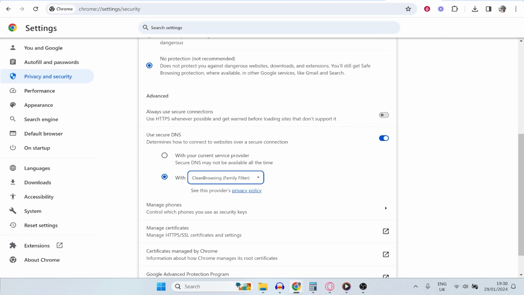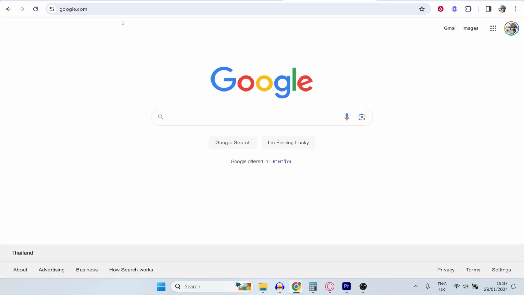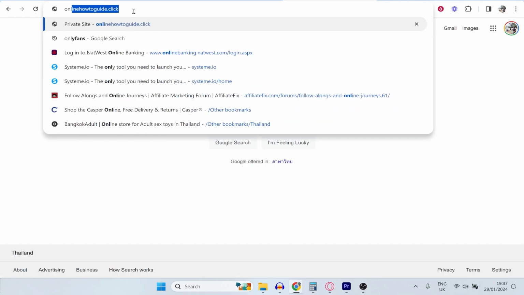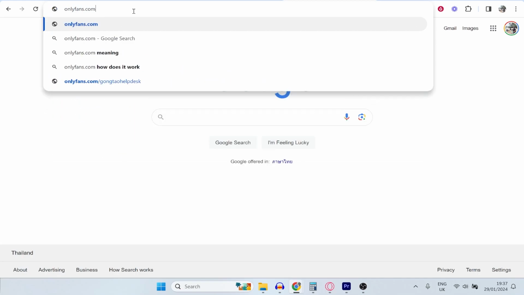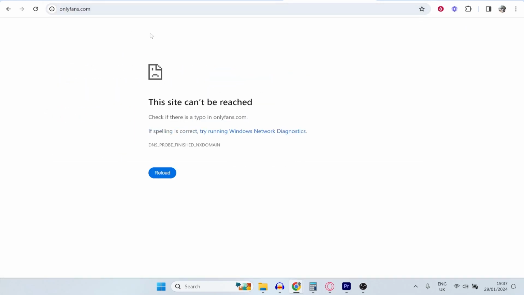So just to prove it works, if we go to the address bar and type in, we all know what that means, you can see when we click enter, it says the site can't be reached, and that is because we're on